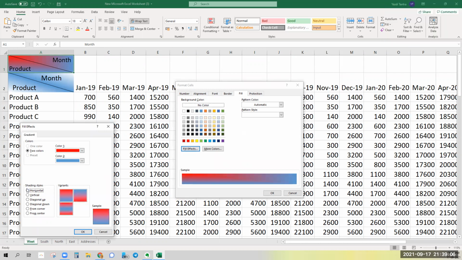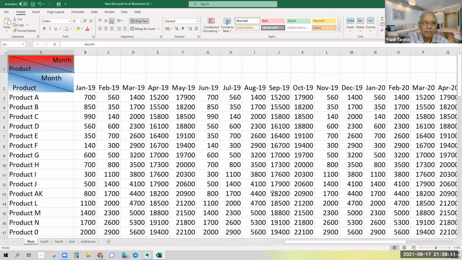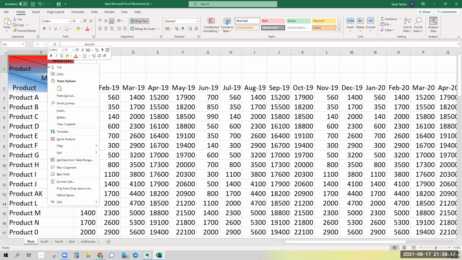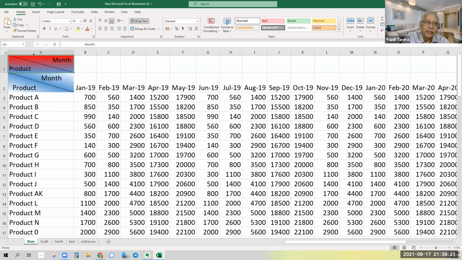So if you want it like this, maybe let's try this and see. It gives you something which you are looking for. Yeah, because it is doing it for the cell. You are not doing each. See, the cell is one unit. In any Excel sheet, the cell is one unit. So whatever you're doing, you are doing to the cell. These are not two different cells. This is only one cell.